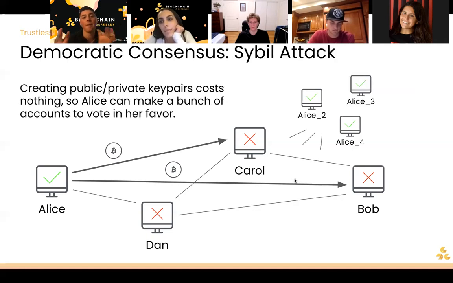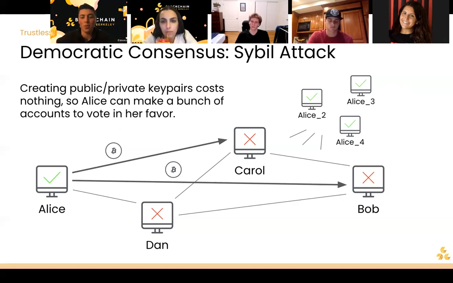Alice can just make a bunch of different versions of herself. And so you can have Alice 2, 3, and 4. Now, because of all the different computers and devices, if it's a purely democratic system, then Alice is actually taking control over the network, because in terms of voting, Alice has 4 votes and everyone else has 3. And so Alice can just okay all the different transactions on this network and have an artificially and infinitely inflated amount of Bitcoin to interact with.